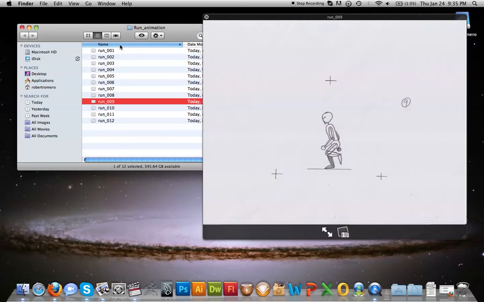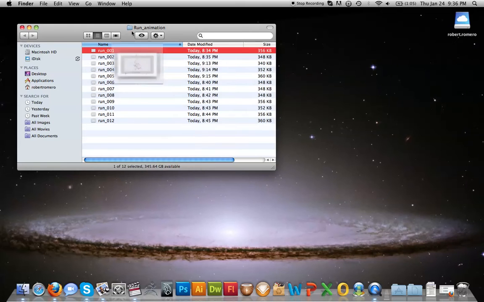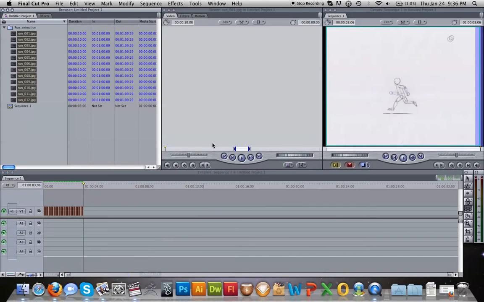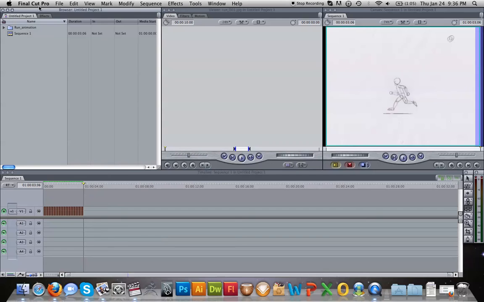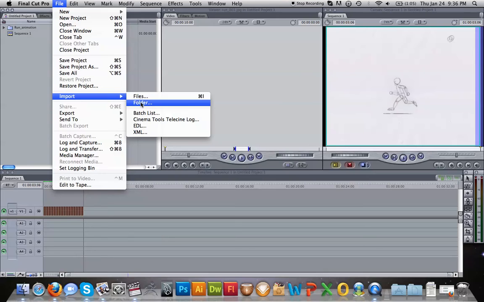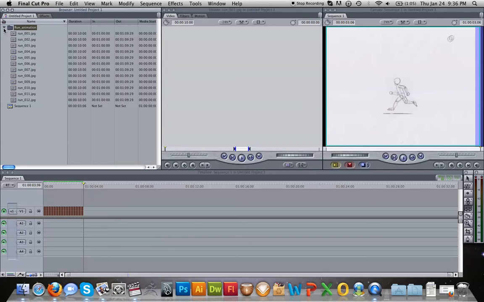The thing with using Final Cut Pro is that every file has to be written in sequential order. So this first one, being image number 1, I just labeled 001, and so on and so forth all the way to 12. When you get done, you open up Final Cut Pro, which I already have open. You hit File, and you import your folder with whatever name you want to give it. And once it's imported, you open it up,